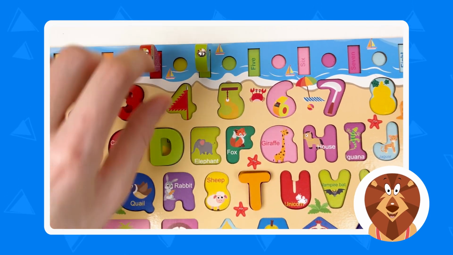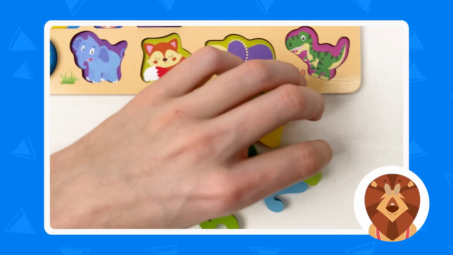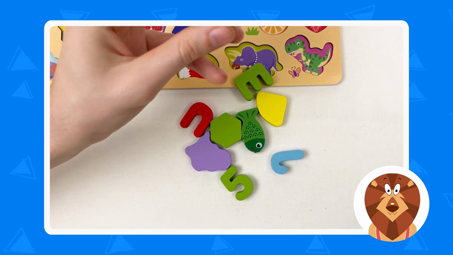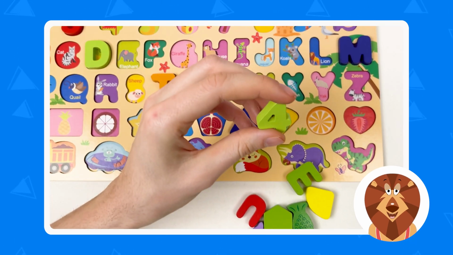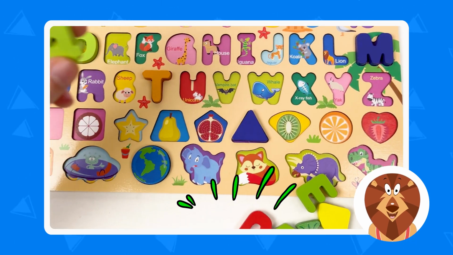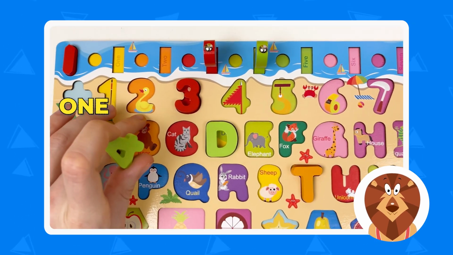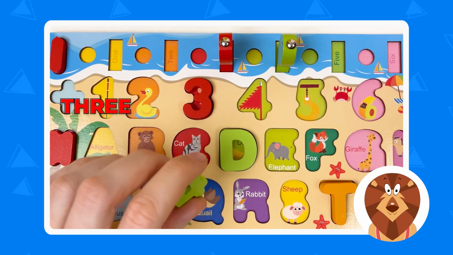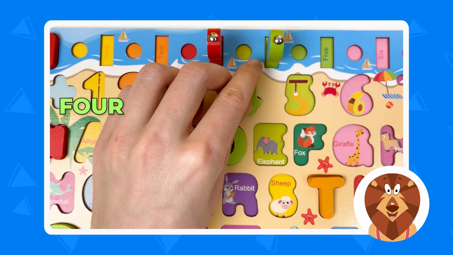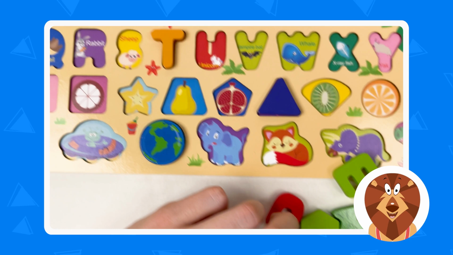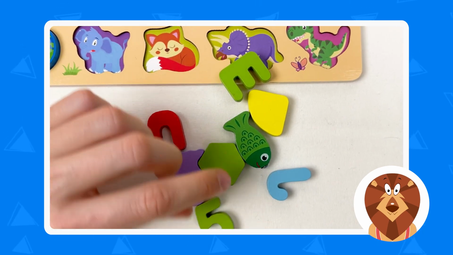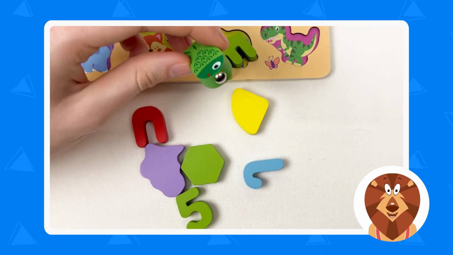Great. Amazing. And let's look at those numbers. So this is number 4. And where we should place it? Yes. 1, 2, 3, and 4. Great. Amazing. And the next number that we're gonna take, gonna be the number